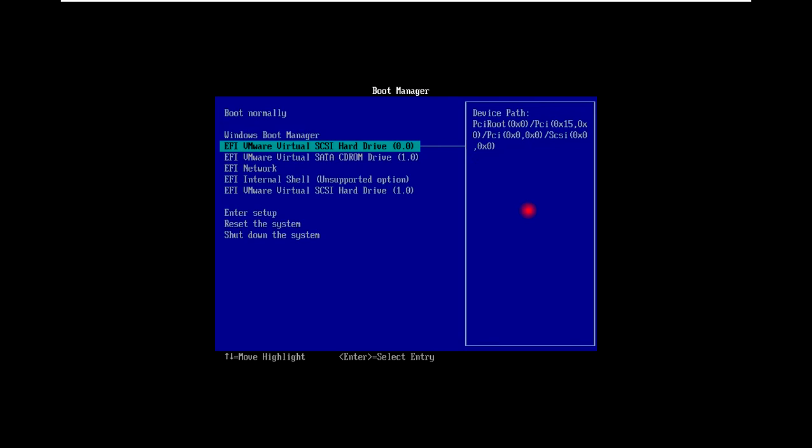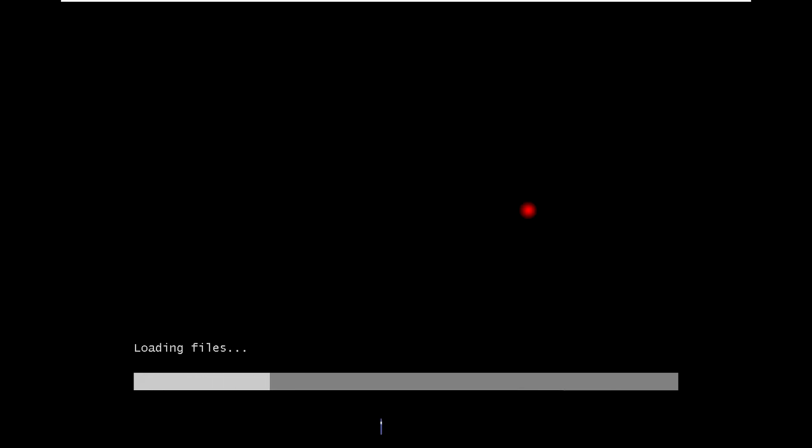I will go to CD DVD drive because we have connected the bootable ISO to the CD DVD drive. I will hit enter here to start the booting through the ISO. I will press any key.